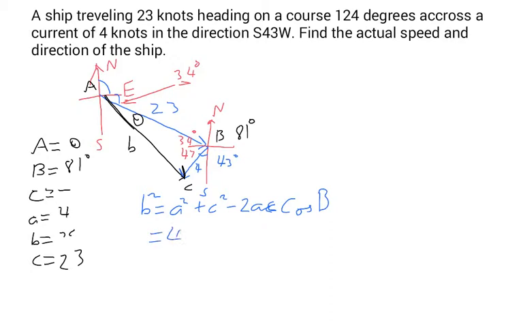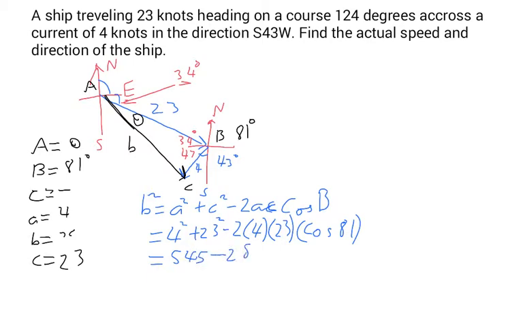So that's 4 squared plus 23 squared minus 2 times 4 times 23 cos 81 equals 545